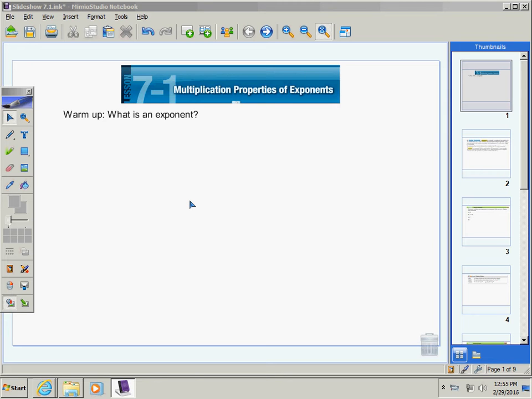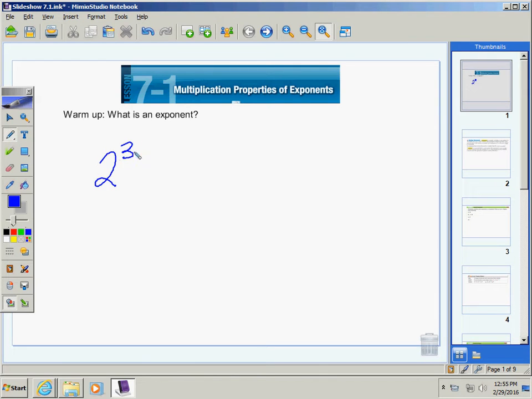For this lesson, we're going to be talking about multiplication properties of exponents. And so the warm-up is just what is an exponent, and we should all know what an exponent is, but whenever you have an exponent, you also have a base. So for example, something like 2 raised to the third power, the 3 would